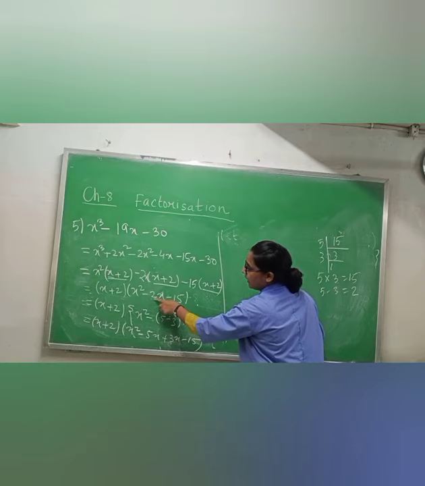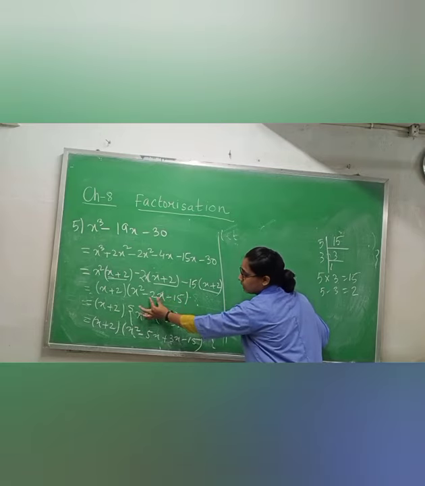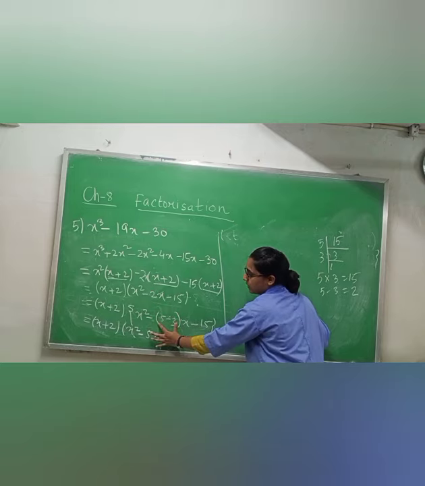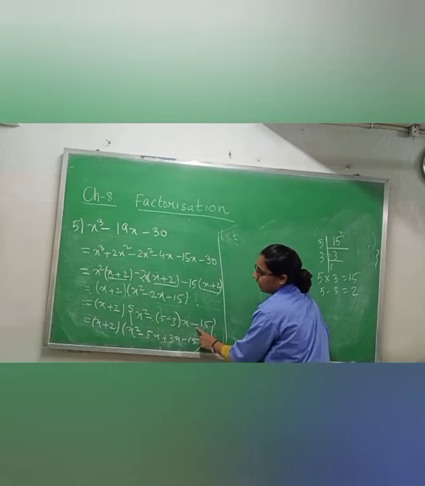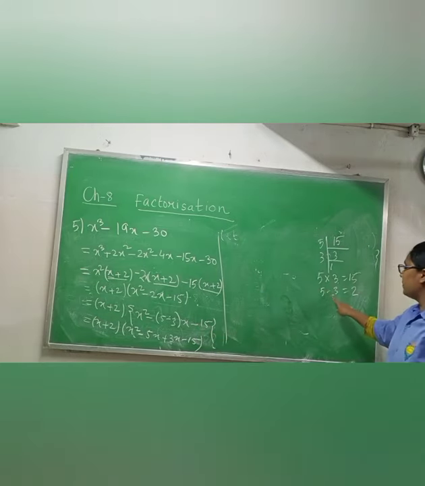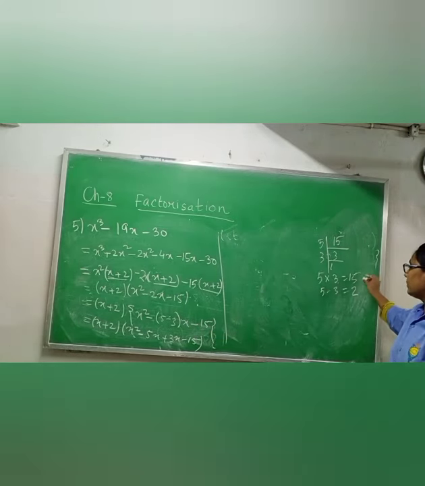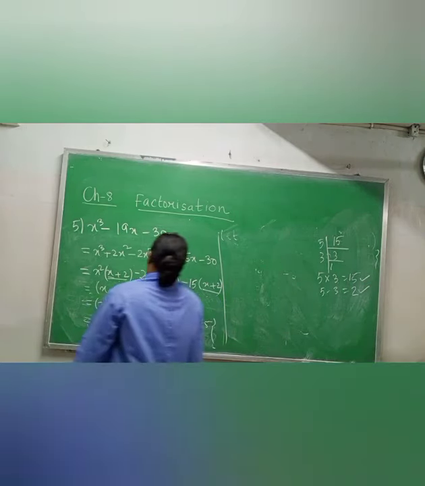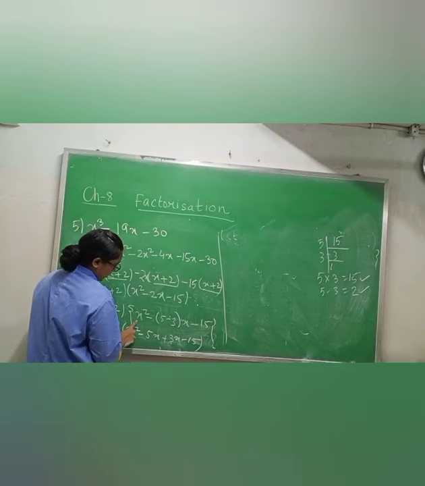Why? Because here I have 2. In this place only I am putting the bracket. It means we need 2 in this place. Okay? And subtraction, why am I doing subtraction? Because there is a minus sign. Okay? So that is why 5 minus 3, 2, 5 into 3, 15. After multiplication I am getting 15. After subtraction I am getting 2. Okay? Now I am writing 5 minus 3, x square